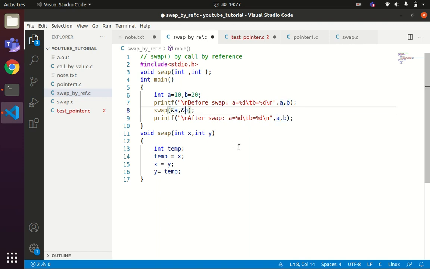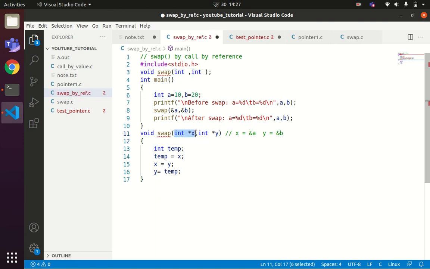One more thing to understand is that an address is stored in a pointer variable. So these variables need to be declared as pointer variables, int *x and int *y, which means x equals &a and y equals &b.